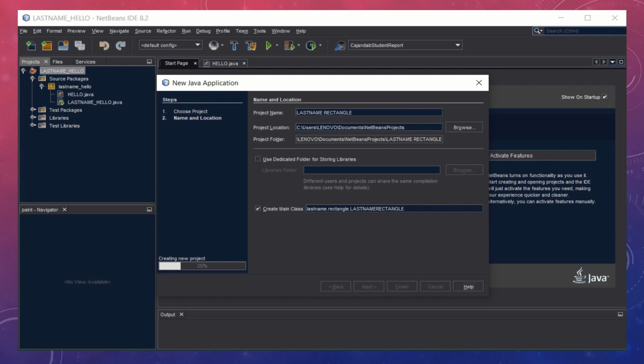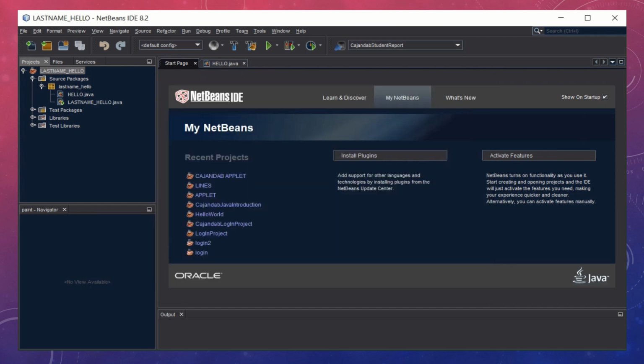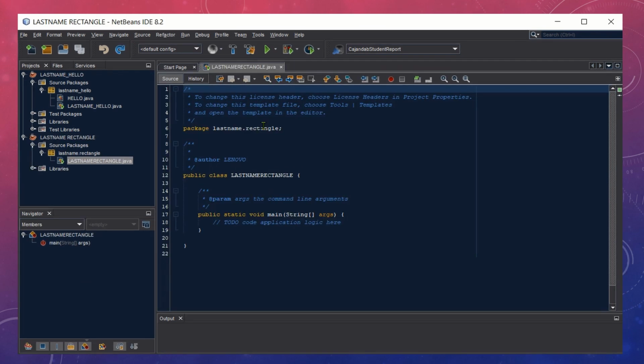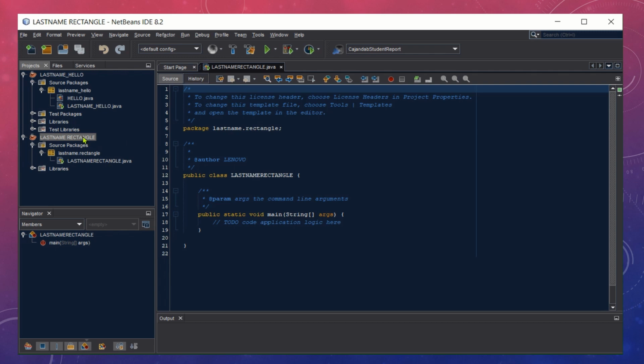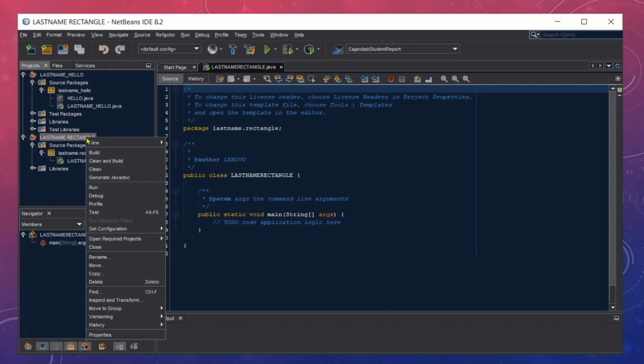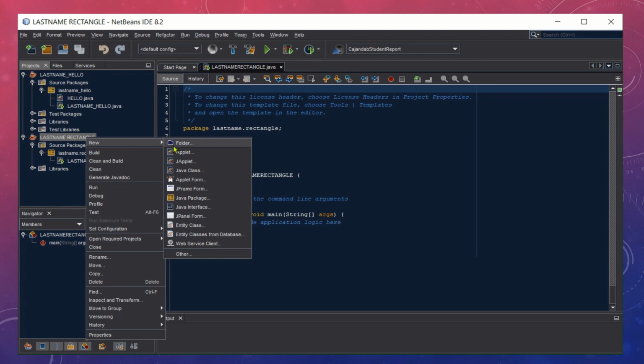Then wait for NetBeans to create the new project. Disregard the first template that was created. Let's now create the template for our applet. So first you have to right-click the package that you created earlier, then click New, then choose Applet,